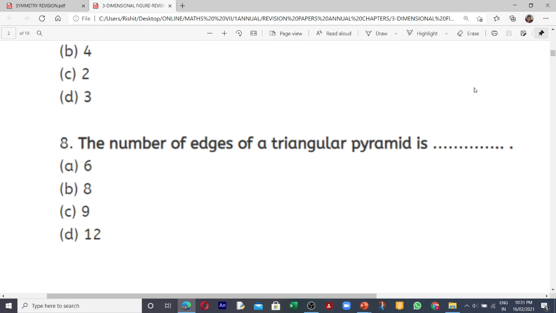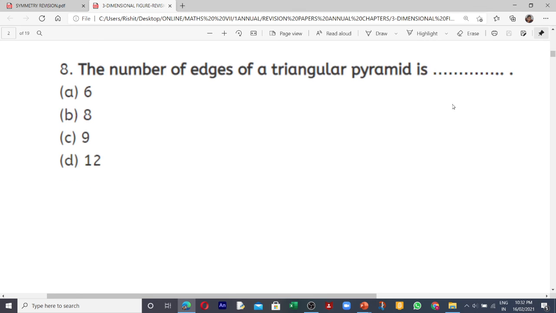Now next, question number 8. The number of edges of a triangular pyramid. Actually, these are not in your book, but if you will try here, it will be good for you. Try this, children. Triangular pyramid means base will be triangle. Pyramid means top will be pointed. तो कितने edges हो जाएंगे? Base आपका base triangle है. So 3 edges तो वही हो गए. And then count the side edges. So number of edges कितने होंगे उसमें?